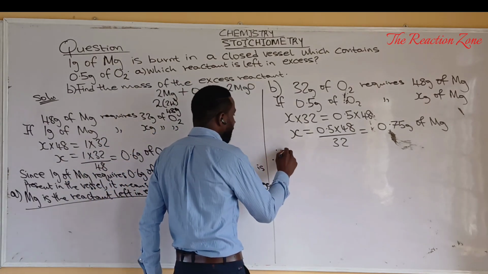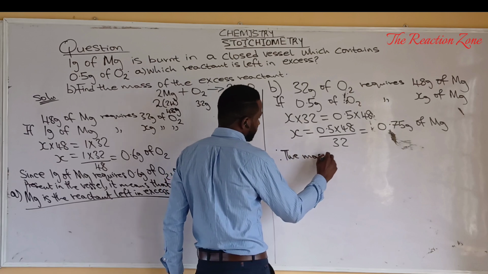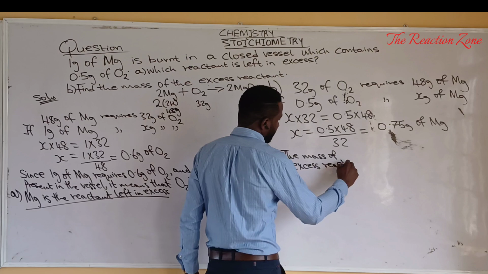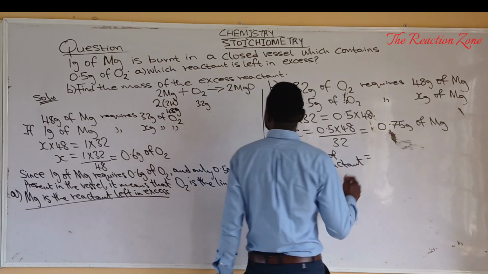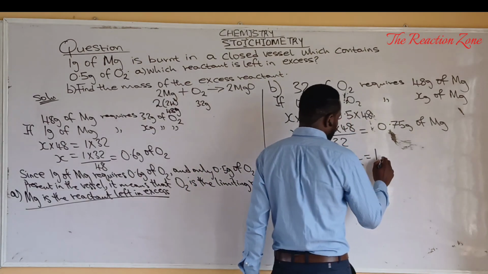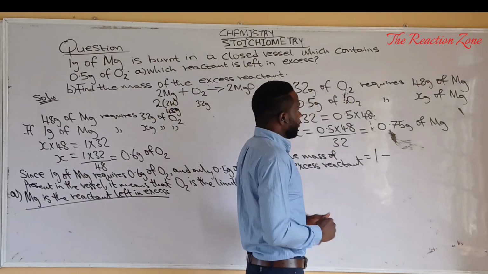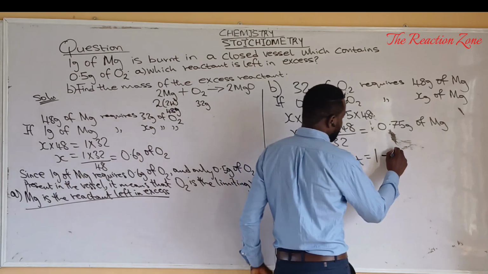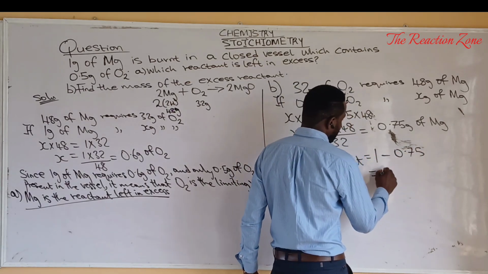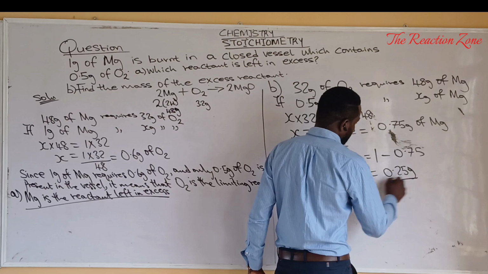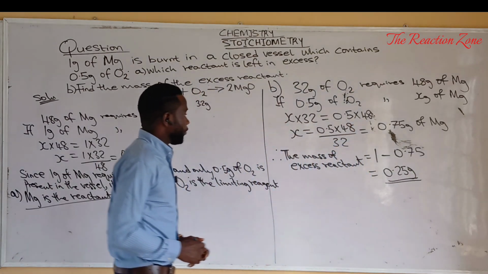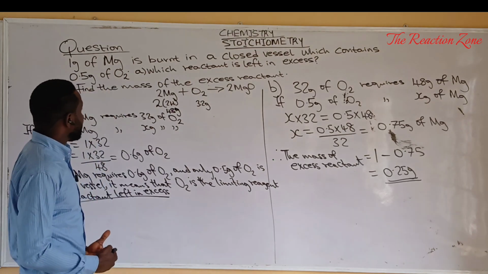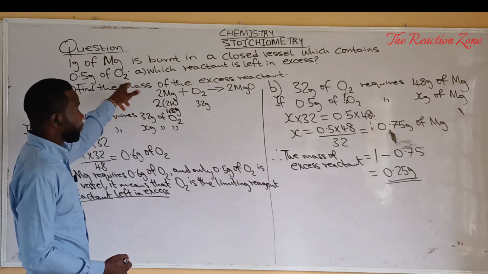Therefore, the mass of the excess reactant will be the initial mass of magnesium, which is 1, minus the quantity of magnesium that reacts with 0.5 grams of oxygen, which is 0.75, and this will give us 0.25 grams. So the mass of excess reactant, or the mass of magnesium that did not react with 0.5 grams of oxygen,